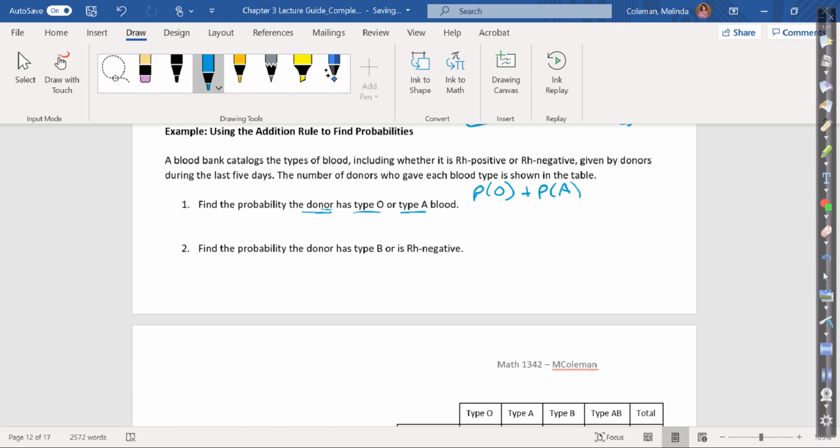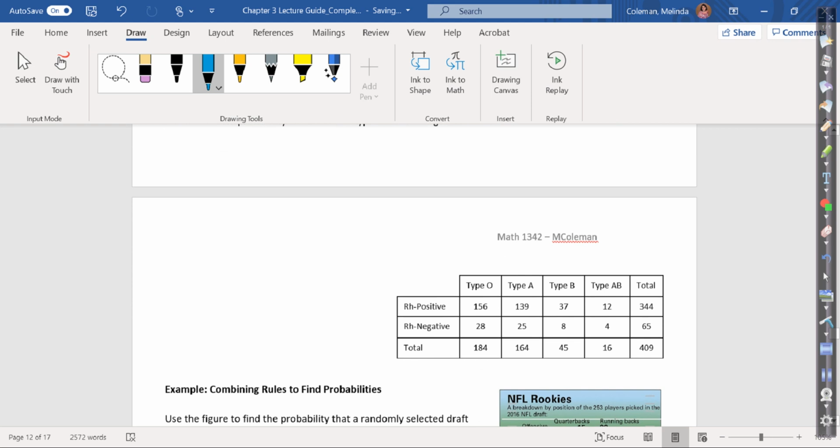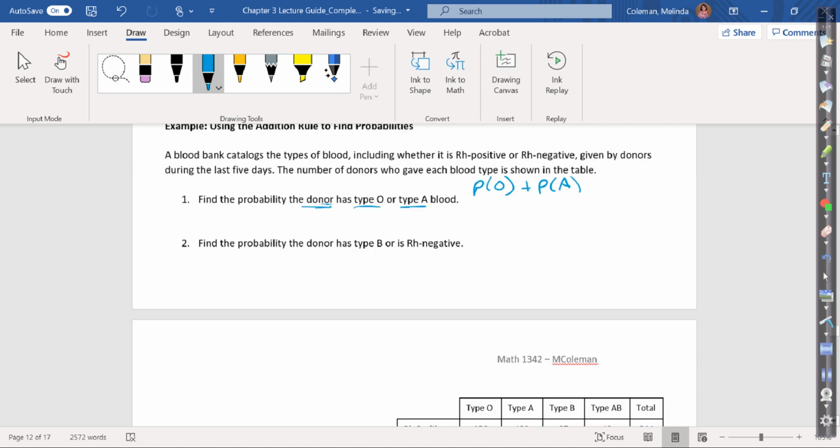There is nothing to subtract off here because you cannot have both type A and type O. So if I look at my chart, which happens to be on the next page, for type A there are 164, and there are 184 type B, out of a total of 409 people. So that would be equal to